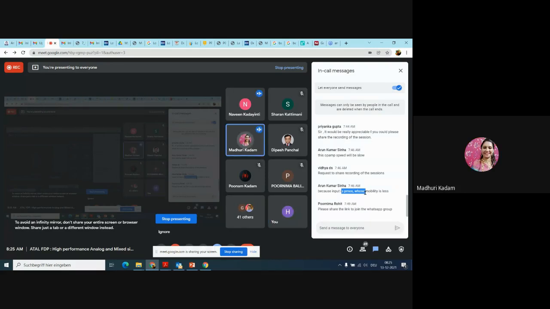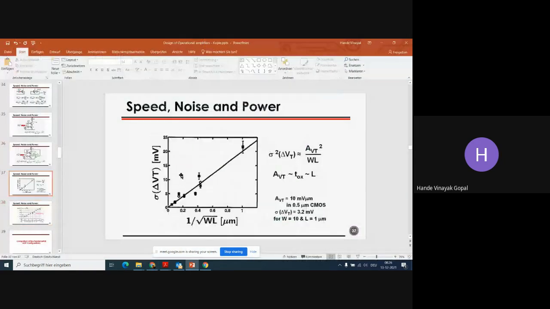So then what happens with this AVT if we are going for the reducing technology node? Generally, the thumb rule is that if I wanted AVT, we cannot do anything. But again, overall, if you see the equation, I cannot do much with the AVT, but always I can do with area. So I can increase my area in such a way that I can reduce